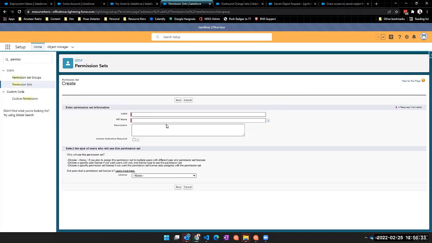I can create, and I'm doing this in Sandbox. I was going to say I'm going to have a whole bunch of junk to clean up later. Access all accounts. Okay, and let's actually call that view all accounts. Oh my God, let's try that again. Okay, view all accounts